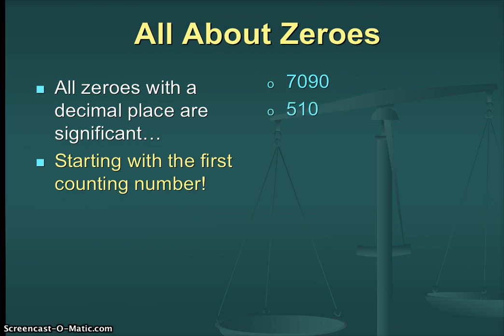Now you try. How many sig figs here? Write it down in your notebook. If you got 2, you're in good shape. The 0 on the end is not significant because there is no decimal place. Now how many sig figs here? Write it down. If you said 4, check your answer. There is a decimal place. That means all the zeros are significant. That's 6 sig figs. What about this one?